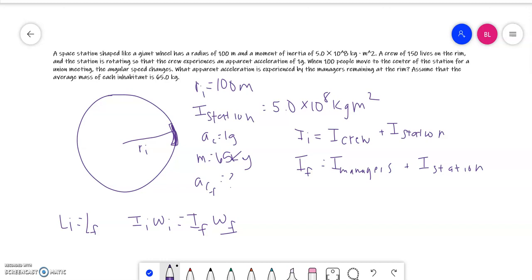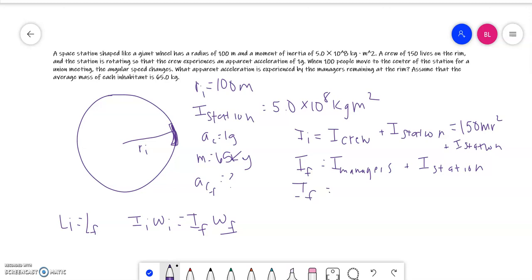We know that the station is wheel-shaped, so we're going to use the equation mr squared. So the initial moment of inertia is equal to 150 mr squared, because there are 150 crew members, plus the moment of inertia of the station that it gives us,